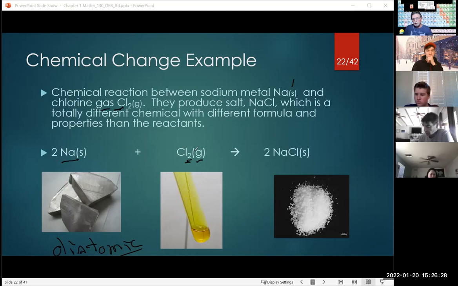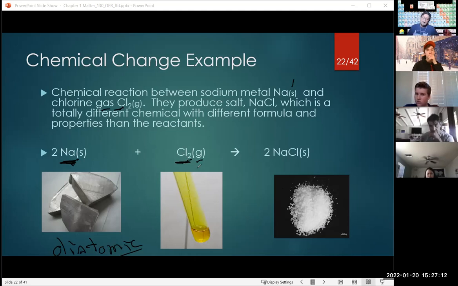Now, when you take sodium metal, you can go on the internet and search for its reactions, and you'll see a lot of crazy reactions that people have done. They take sodium metal and dump it into a lake, and it's a pretty aggressive reaction. Sodium metal is so aggressive when it reacts with water. It gives off a lot of heat, a lot of energy, and a lot of hydrogen gas, and it explodes.